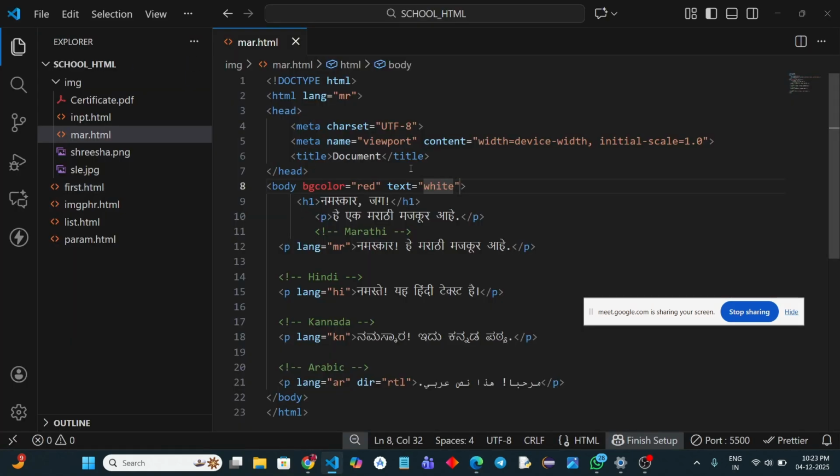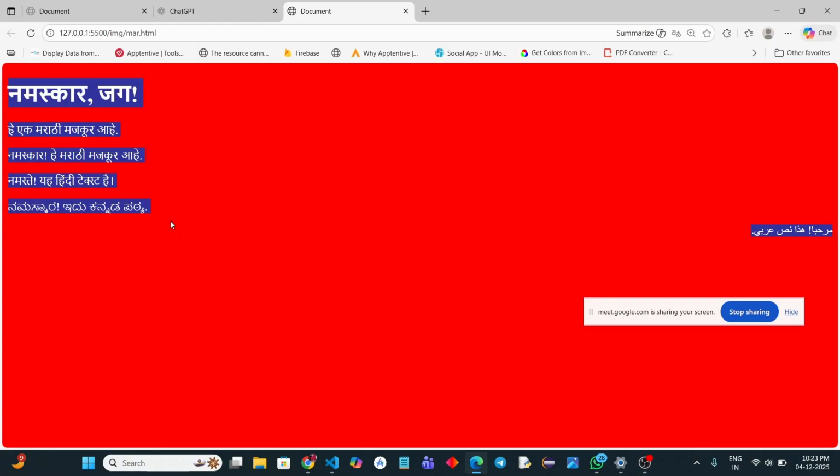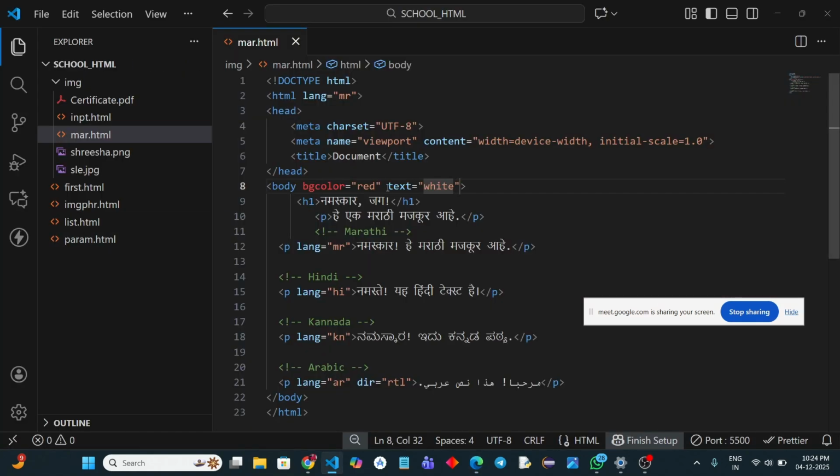But the problem with this is it will entirely change the background of the entire page, and the text will make all the text change. It may be any other language, it may be HTML, it may be a paragraph tag, it may be anything. All the color will get changed. Okay, so this is a problem. What if you want to make the color of this Marathi different, Hindi different, and this Urdu different, Kannada different? That is not possible with this basic text and background color attribute. So to design it the way you want,